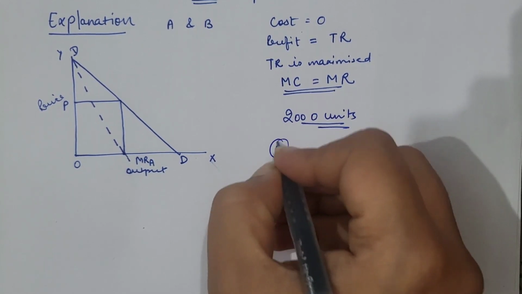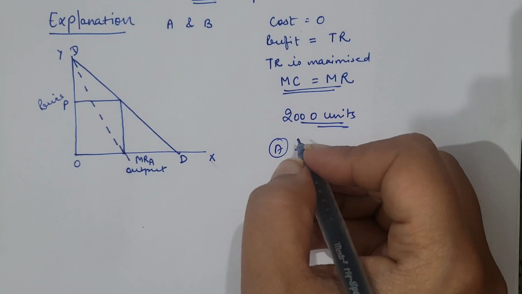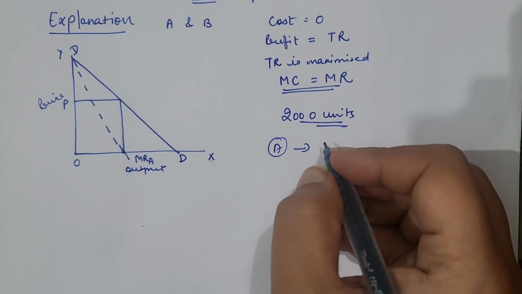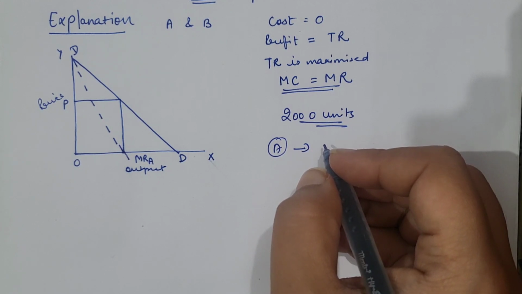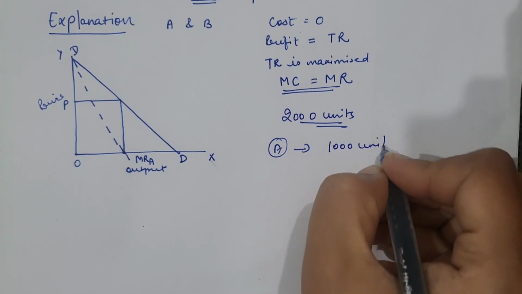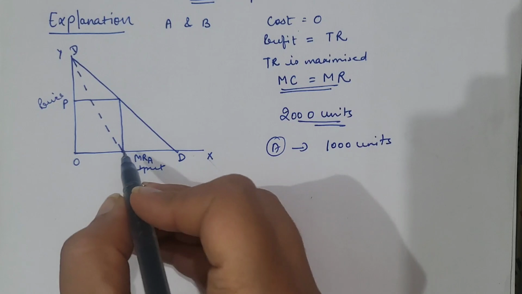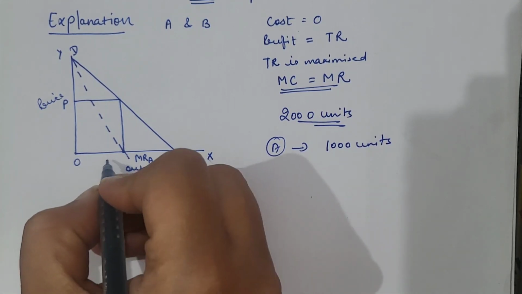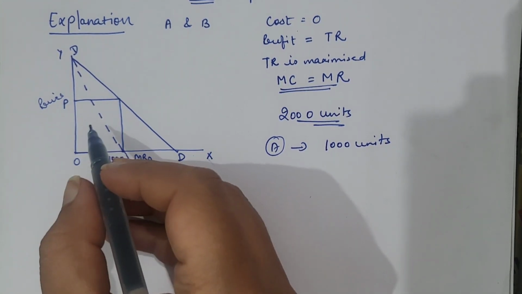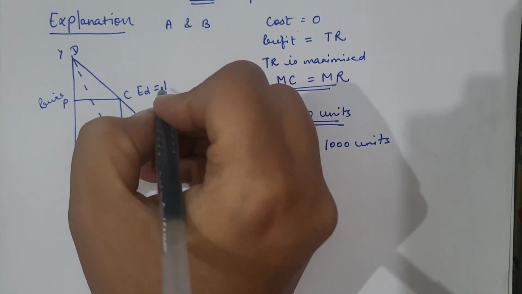When firm A will start the production, then it will choose the output level at its own, and by assuming that B will continue to produce nothing. So firm A would decide to produce 1000 units. So marginal cost and marginal revenue equate at this point. So here this firm will produce 1000 units at OP price where elasticity of demand would be equal to